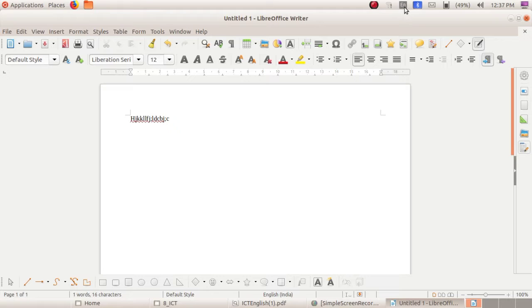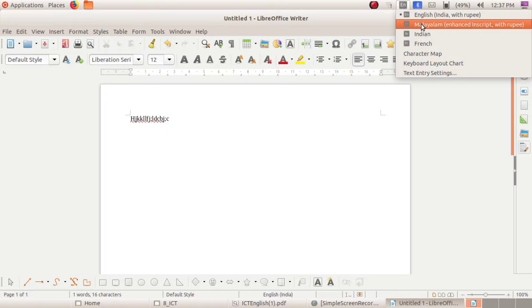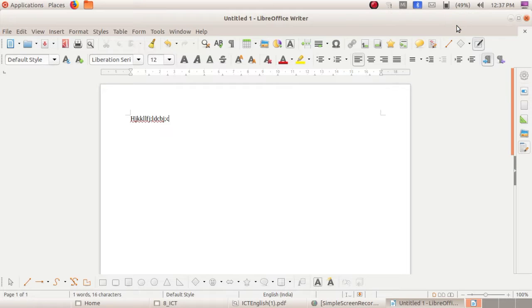Where can you see that keyboard indicator? In the top panel of your computer screen, isn't it? In the top panel, the right side of the screen. Just click there and you can select Malayalam. Okay. Now I am typing. You can see the Malayalam letters, isn't it?